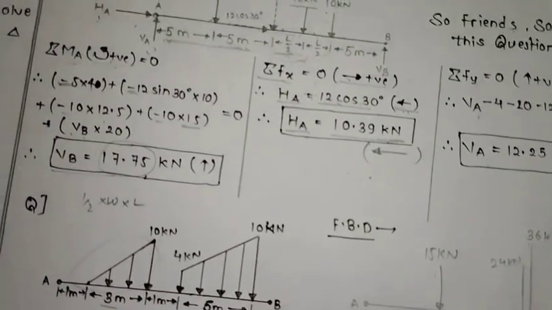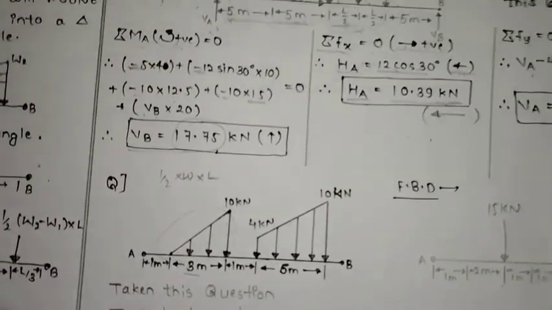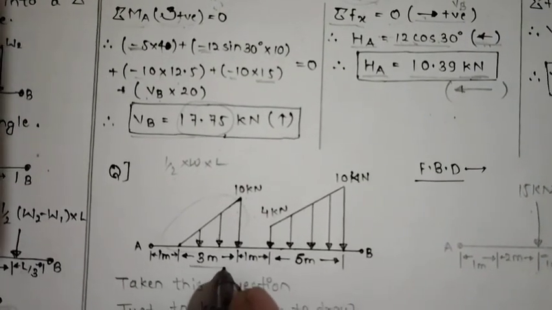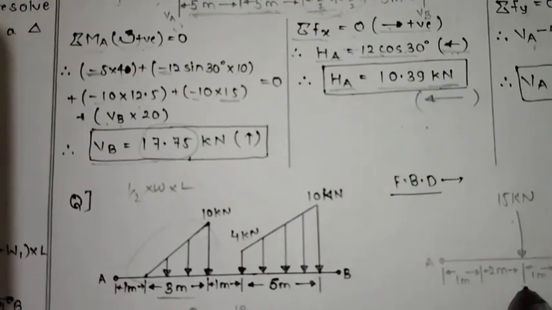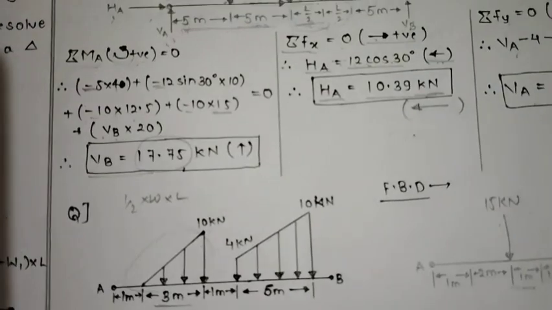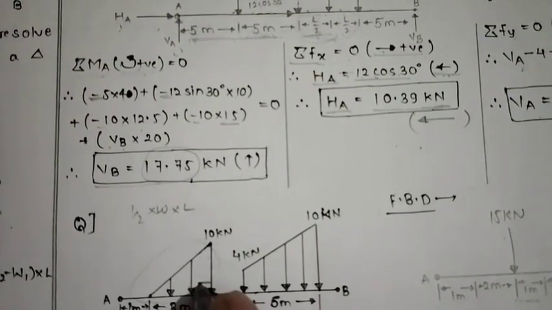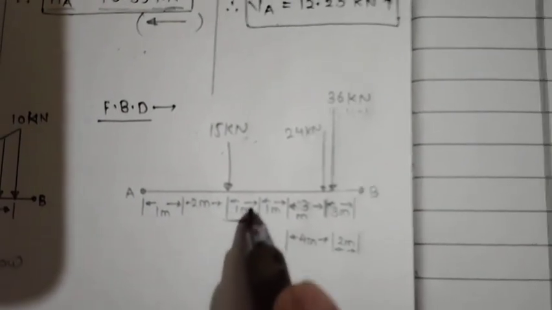So guys, as I have told you, to know the position of the force acting we have a formula: for this load we simply divide the total length by 3. So 3 divided by 3 is 1, hence I have shown the force at a distance of 1 meter. Now from where do we measure this 1 meter distance? You have to measure it from near the 90 degree of the triangle. As you can see in the FBD, I have drawn the 15 kilonewton at 1 meter.